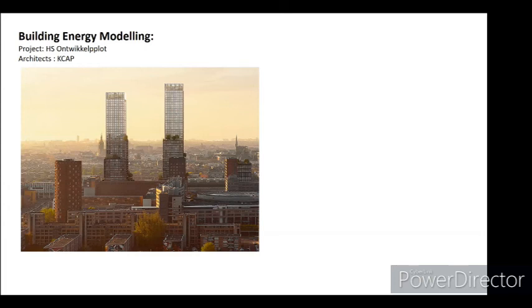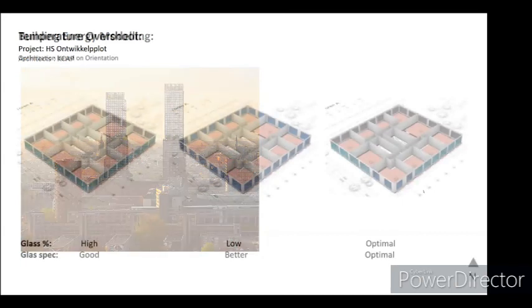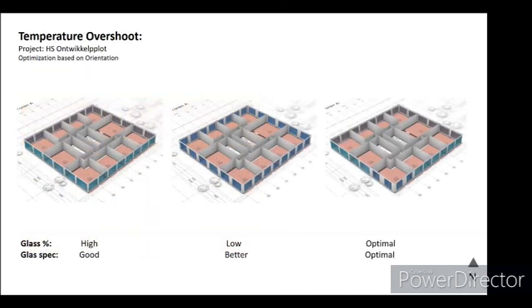In the Netherlands, we have a strict regulation stating that an apartment can only overheat for so many hours. So we need to sit with the architect and find the right balance. So we came up with different options. So this is north, and these are the south-facing apartments. Let's say we started with putting a lot of glass in all the apartments, with good glass specifications like the U values and G values. Then we put a low glass configuration and we try to optimize the difference.